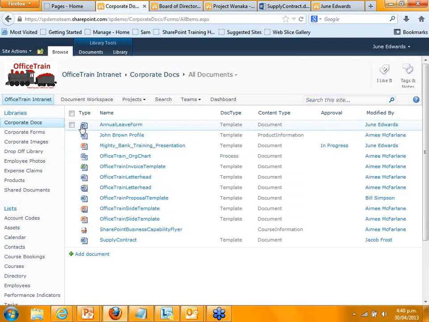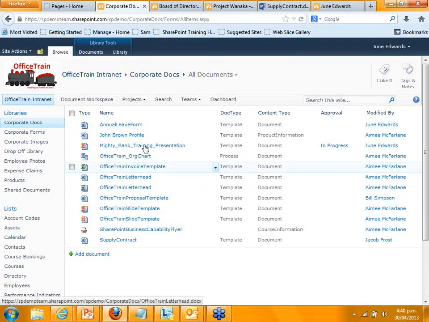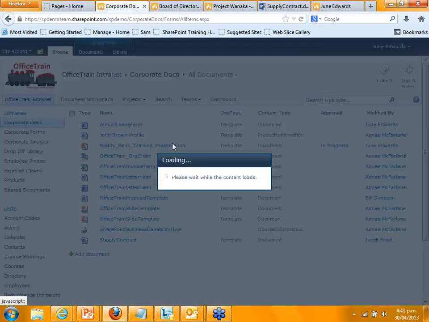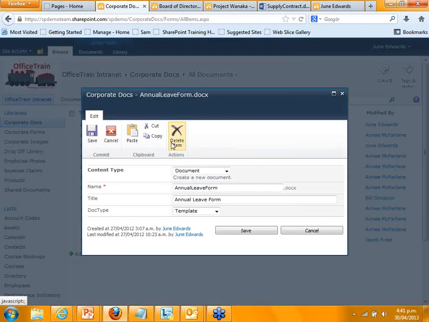And then I've got the ability to actually go ahead and I can edit them within Word, so I could open it within the Word browser. I can view or edit it in the browser, and I'm just about to show you that. And I can view and edit the properties. Let's look first of all at the properties. And what the properties are is that exact metadata that I just showed you on that slide. So I've got properties saying this is a name, this is the type of document.